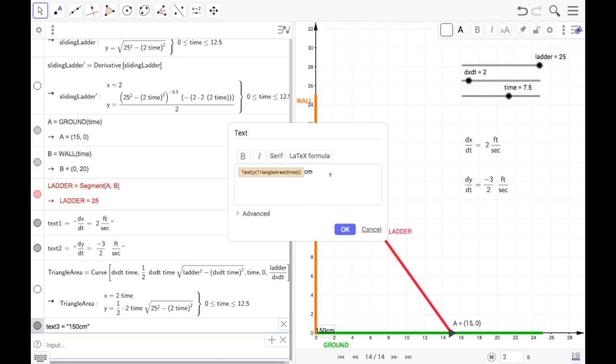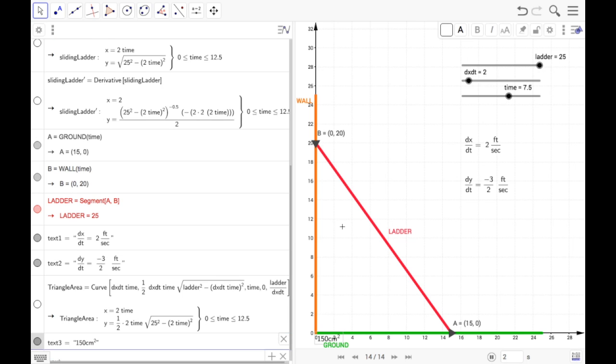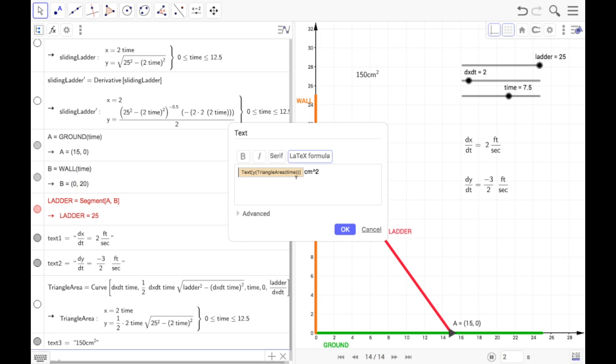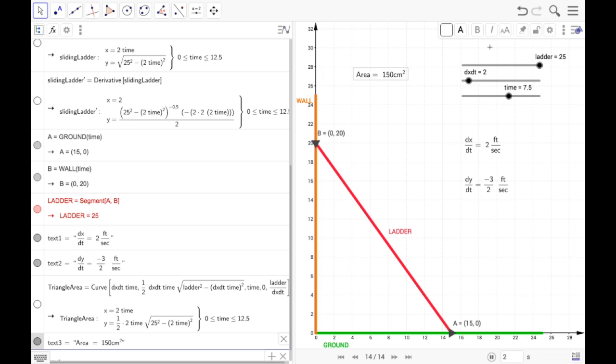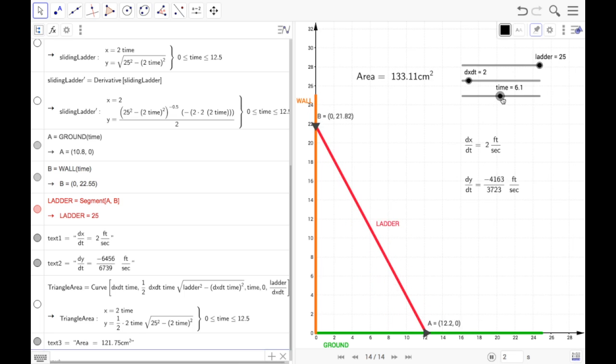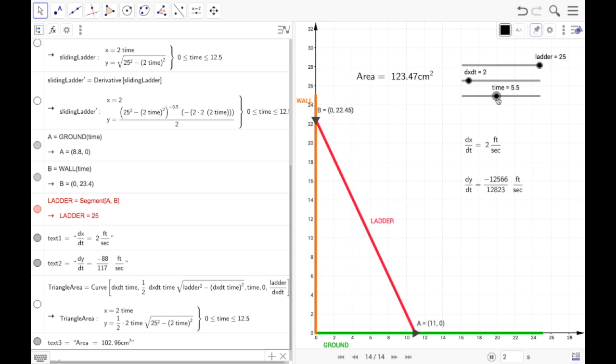And then let's double click on it and type in centimeters squared, then OK. Let's pull this up so that we can see it. And again, let's work on that label. Let's put in here area is equal to that. Whoops, let's put that back and then OK. Now let's select it, increase the size to medium, and set it to absolute positioning on the screen. So now as I move the time, we see that we get the current area of the triangle.